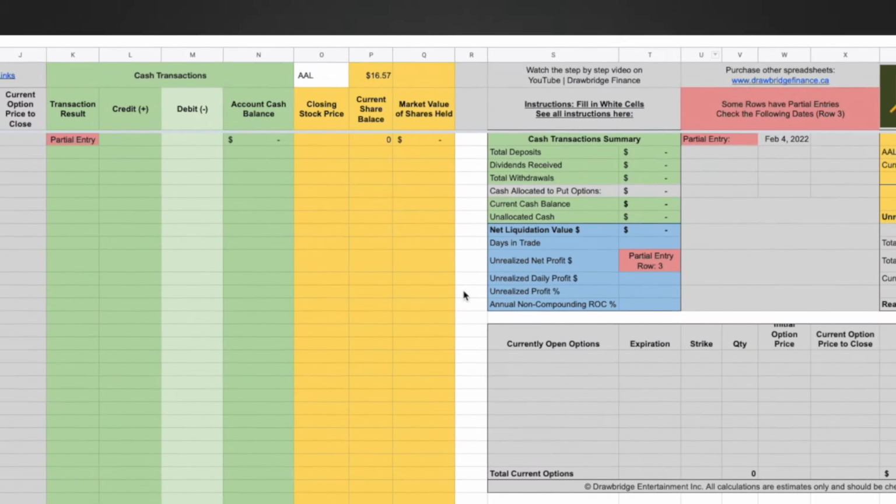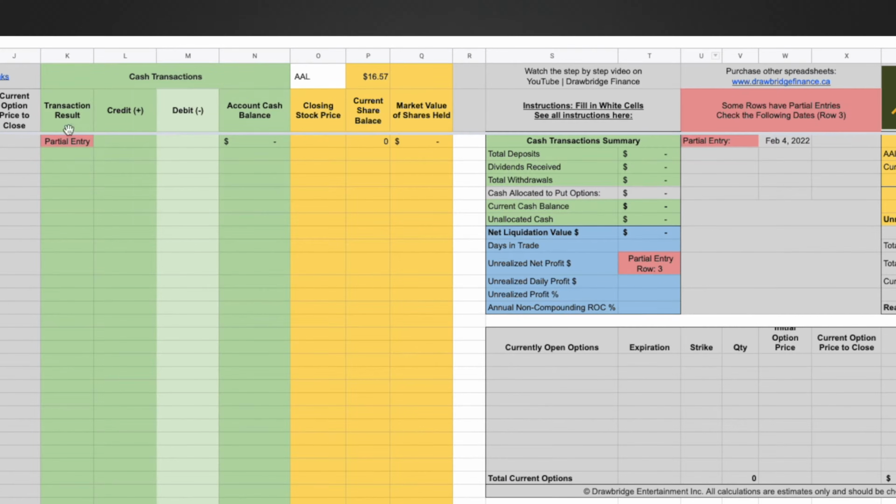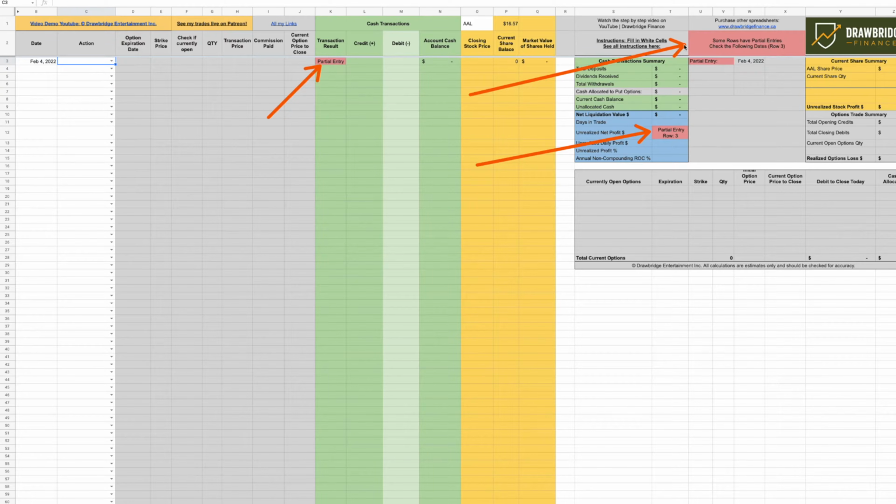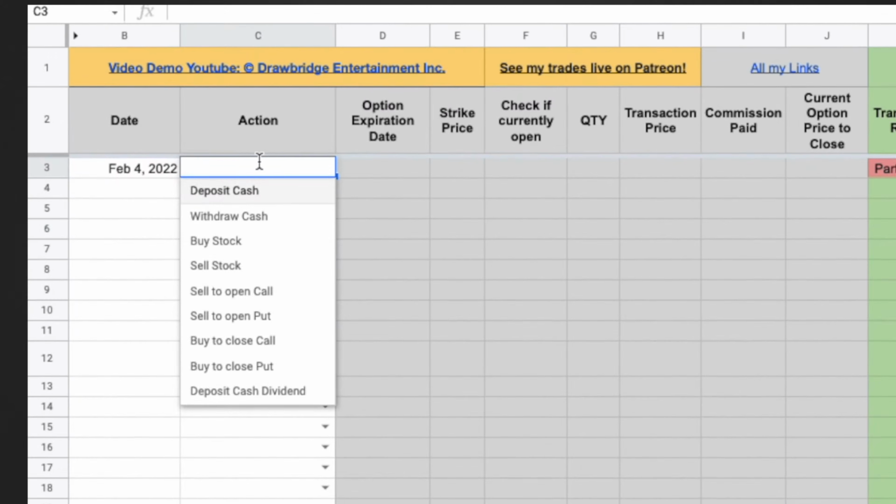Now, it's immediately telling me that there's errors. You can see these red boxes all over the screen showing me that there are some partial entries and that something needs to be rectified. I have these pre-filled formats, and the first thing we're going to do to start a wheel strategy trade